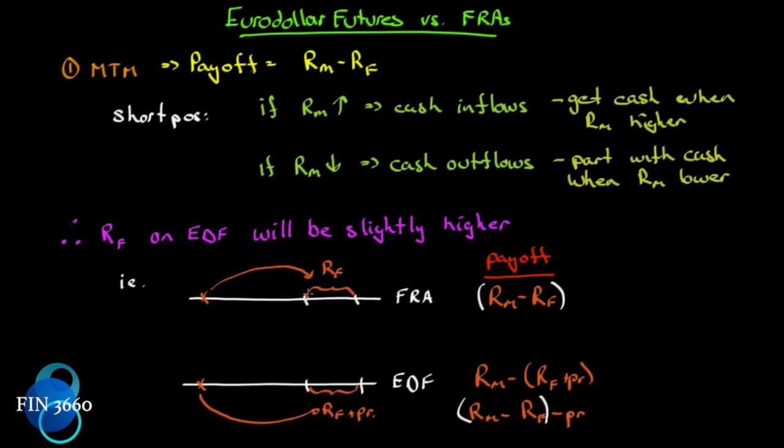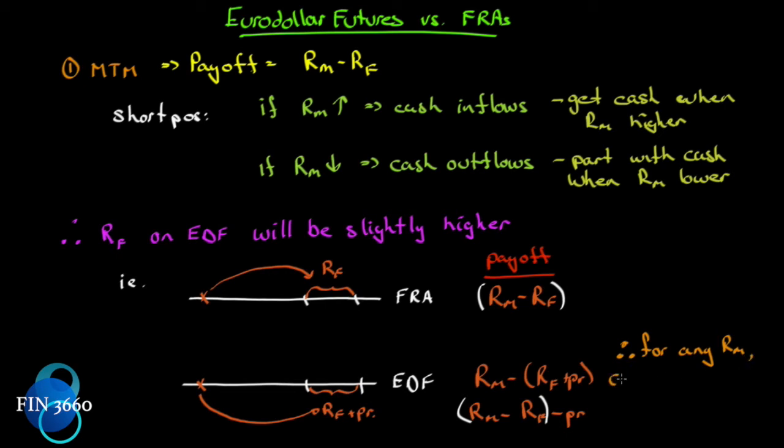And what we're doing here is we're assuming the forward rate agreement will settle at T1 along with the futures. We're just trying to isolate the impact of the mark to market, because mark to market will have some benefit to us. It makes sense that we would have a lower payoff to compensate us for the higher benefit of having mark to market. So our conclusion here, therefore, for any RM